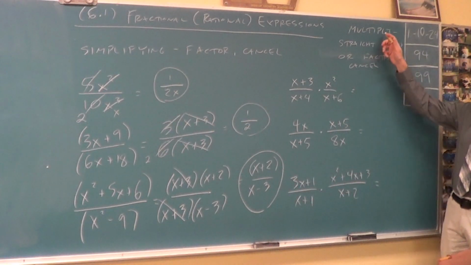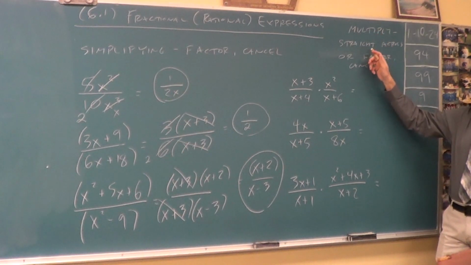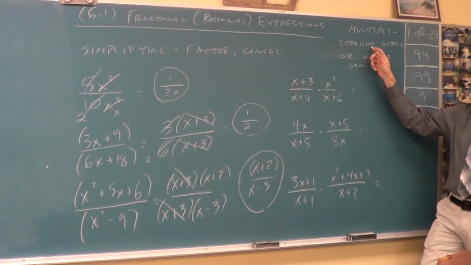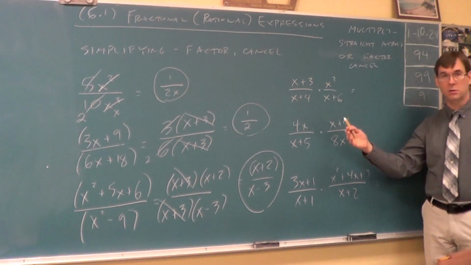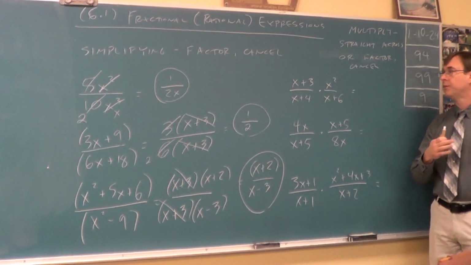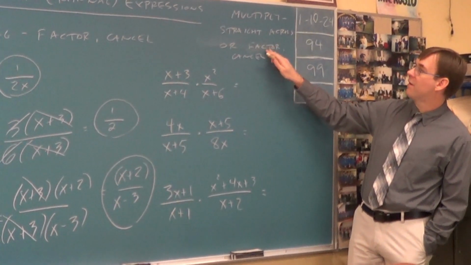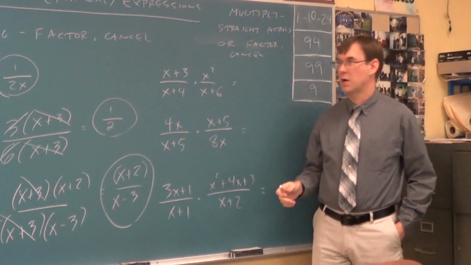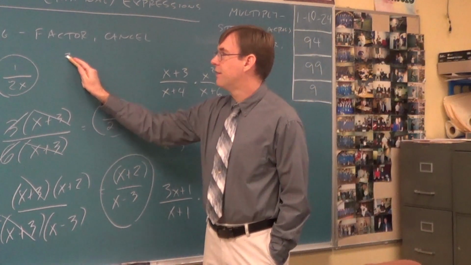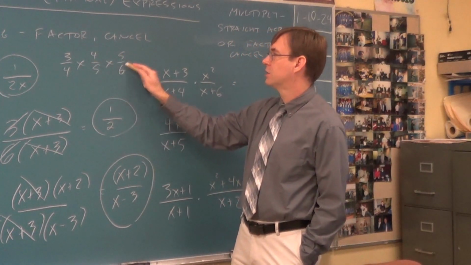Topic 2 is multiply. So it's just like multiplying fractions. In 7th grade, multiply fractions, you go straight across. So sometimes, all you have to do is go straight across. Sometimes though, I think you save yourself some bother by factoring so that you can cancel before you go straight across. Okay, so if I gave you this problem that's more of a 7th grade kind of question,